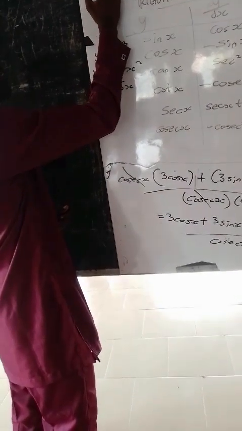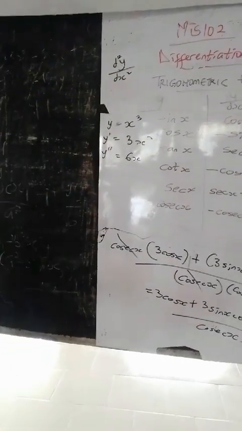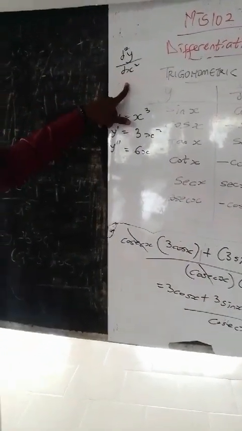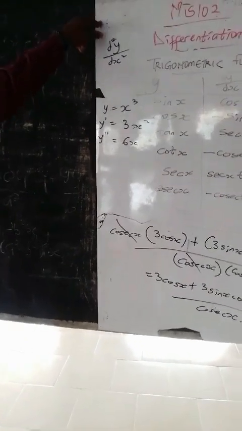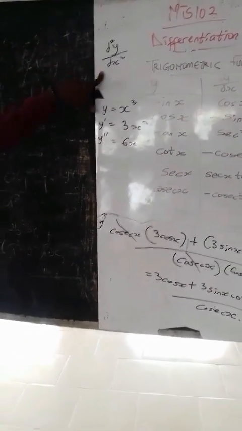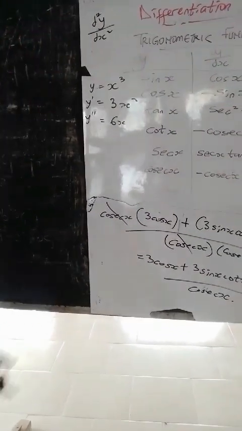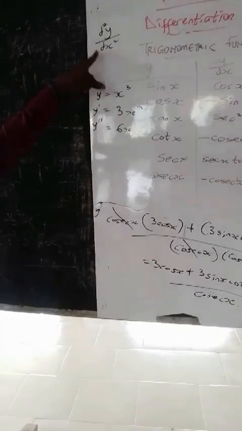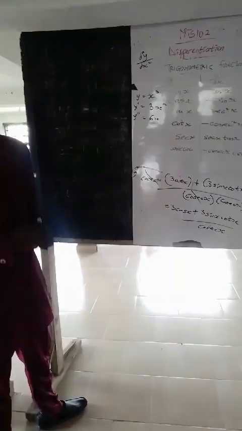What do I mean by that too? You see that in your manual. You always say something like d square y all over dx square. The d square y all over dx square means second principle of y with respect to x. It means you will differentiate that y first, then differentiate it again. That's when you have d square y all over dx square. So if you have